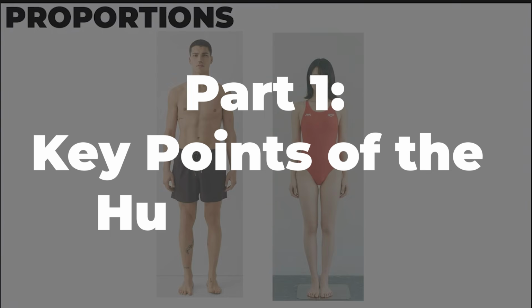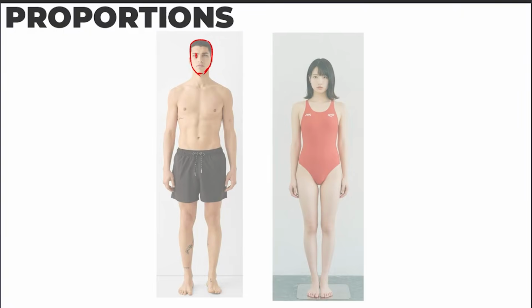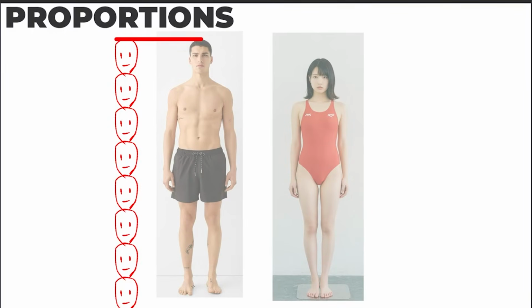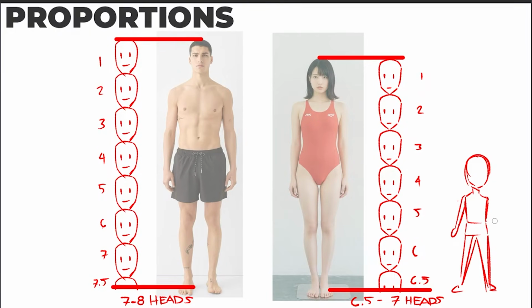Now, let's go over some of the key points when drawing the human body. Proportion-wise, we generally use the head as a form of measuring the height, and an average adult male is about 7 to 8 heads, while the average adult female is about 6.5 to 7 heads. Now, this can vary depending on style as well as characteristics of the character, but generally, this is a